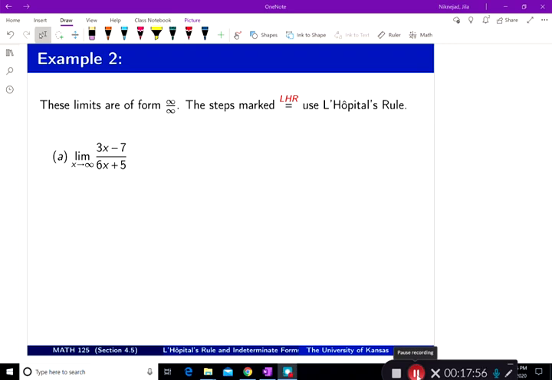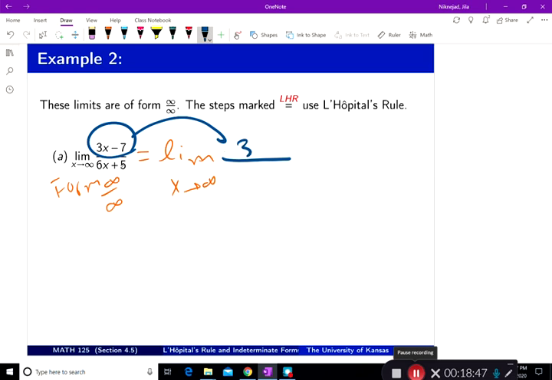And now some limits of the form infinity over infinity. Again, we use LHR to show that L'Hopital rule was used. Over here, limit of 3x minus 7 over 6x plus 5. If I plug in infinity, it would be of the form infinity over infinity. Now, that's not going to work that way. So one way is to solve it the way we know from the material before, and the other way is just using L'Hopital rule. First you put the x going to infinity in the limit, then you take the derivative of that part, it goes here, the derivative of that is 3, the derivative of this is 6, so the answer is